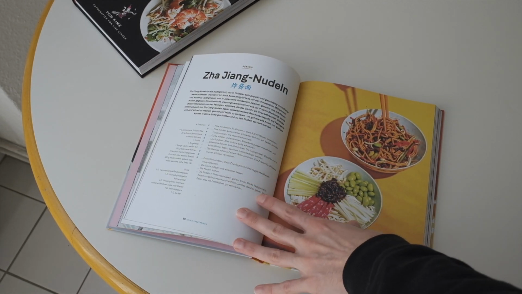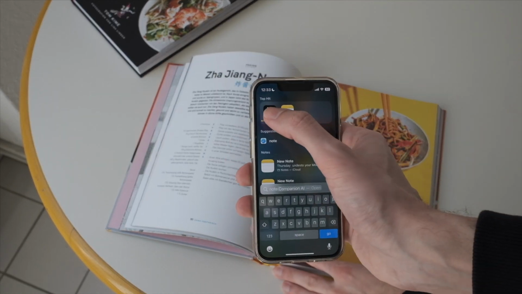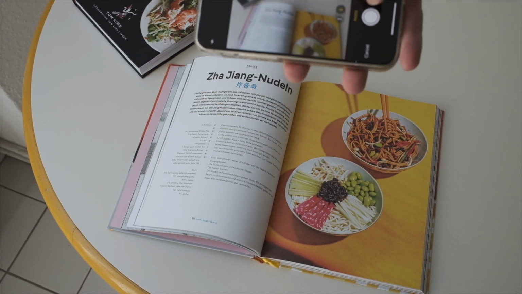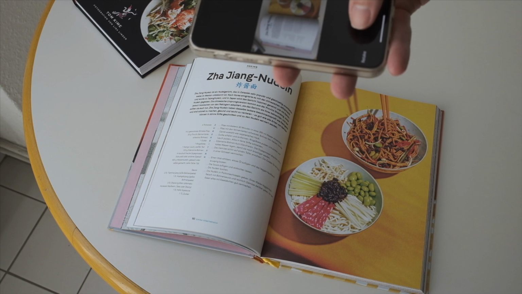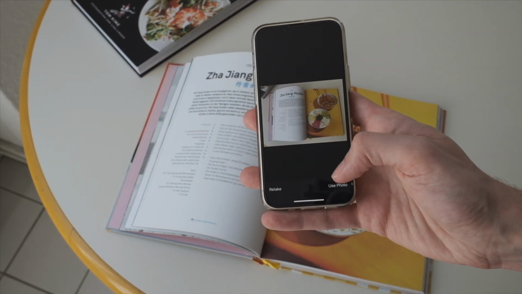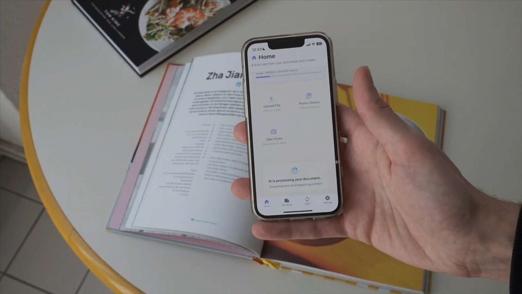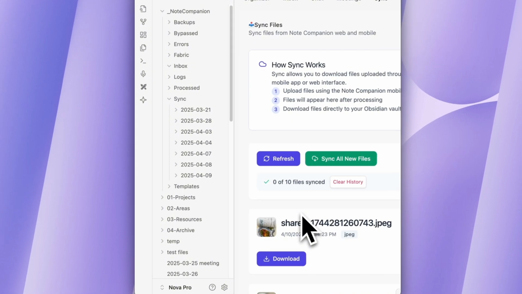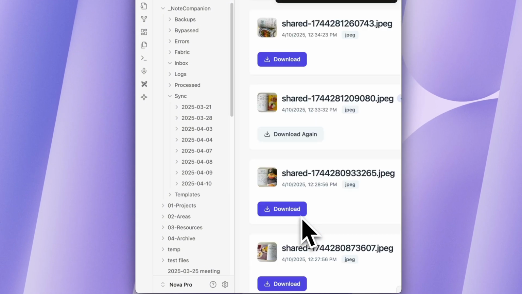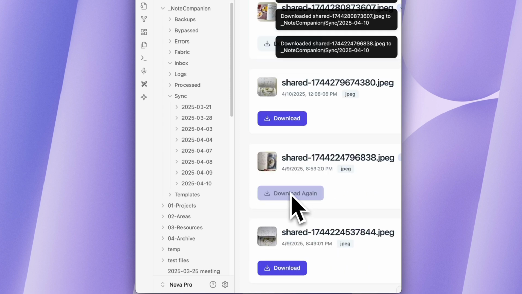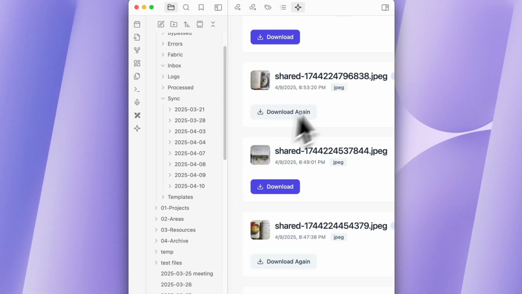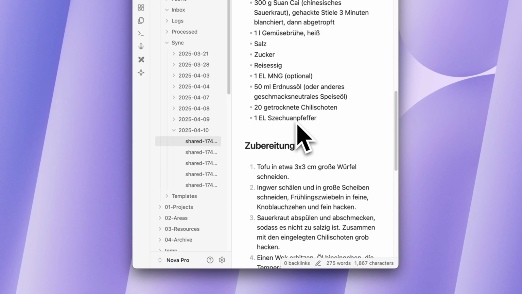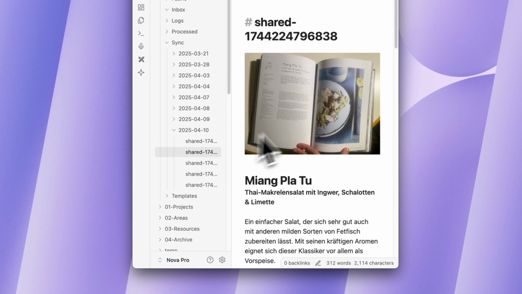Here you can see me in the kitchen collecting recipes from a few cookbooks. When I see one I like, I open the Note Companion mobile app and I snap a picture to add my favorite recipes to my digital knowledge base. And once I'm done, I go on my computer and I can open Obsidian and download the images and the digitized text. So here you can see that I added all 5 recipes to my vault, but what you can